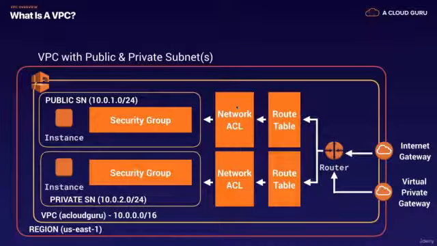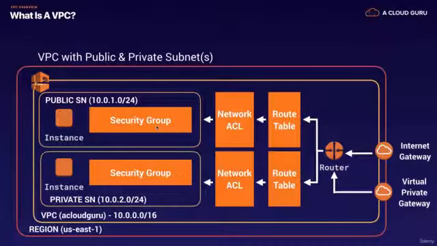So this is our first line of defense. These also act like firewalls, very much like security groups. But if you remember from the EC2 part of the course, we looked at security groups and they were stateful. Network ACLs are stateless. They allow you to do allow rules as well as deny rules. And you can block specific IP addresses on your network ACL. We then move over to security groups, which are stateful,